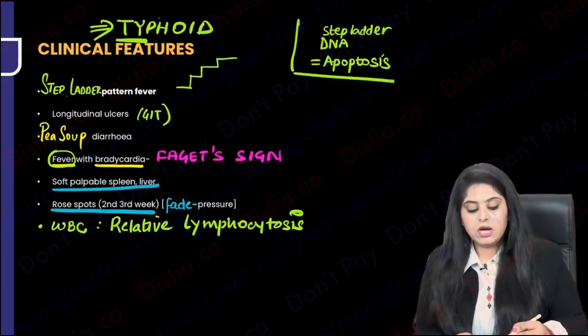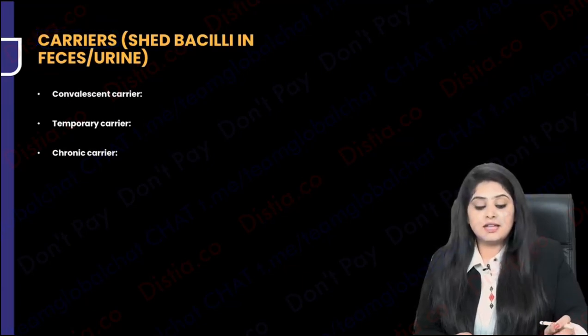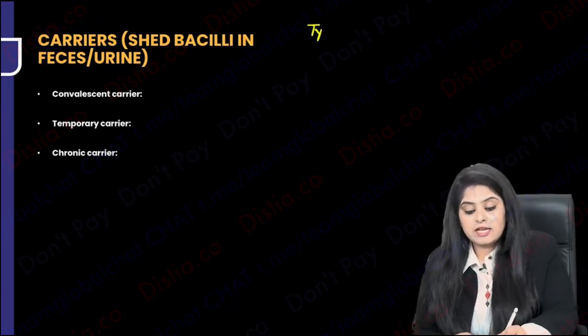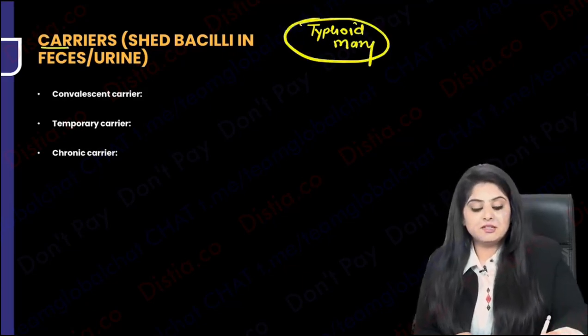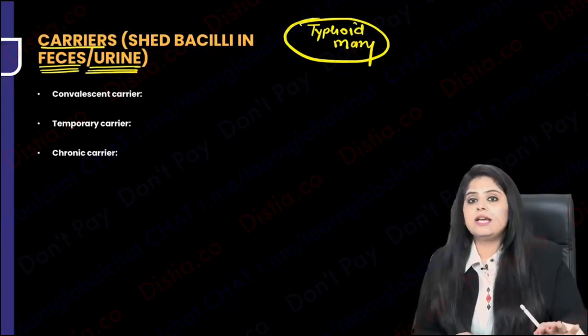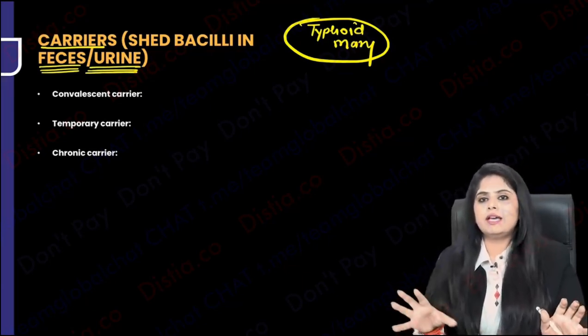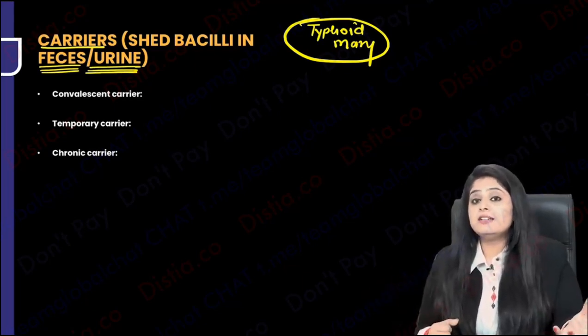Now further, you need to know about the carriers. Everyone's heard of the carrier. There was one carrier, Typhoid Mary, the famous cook, who cooked in so many houses and spread it to thousands and lakhs of people, because carriers are those who shed the organism in the feces and the urine. So there are two types of carriers, stool carriers and urine carriers. That is one differentiation, whether someone is a stool carrier or a urine carrier. Urine carrier means it's somewhere in the bladder, and stool carrier is basically the carrier site is gallbladder.